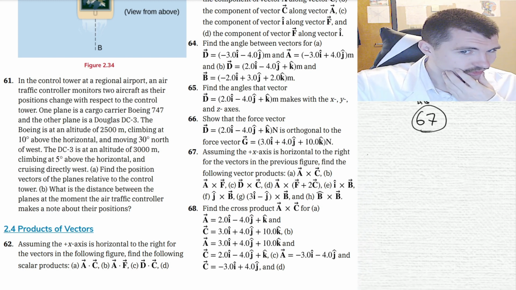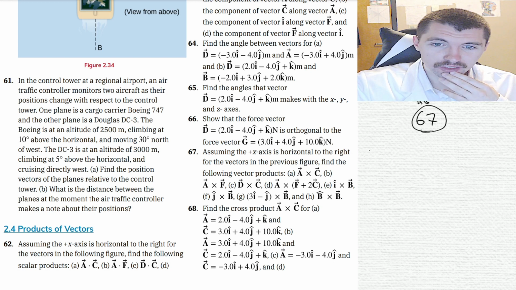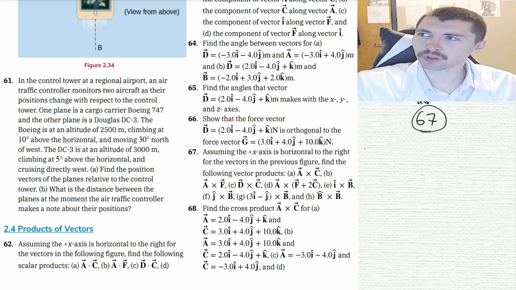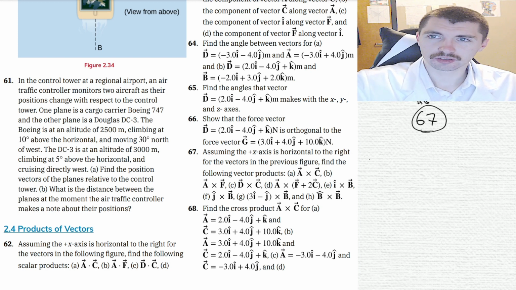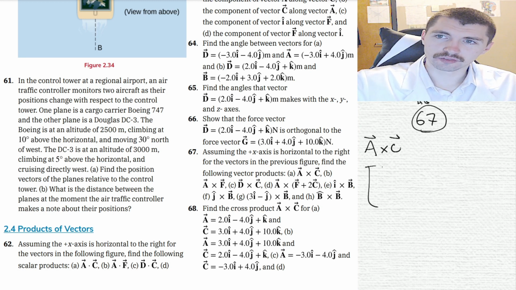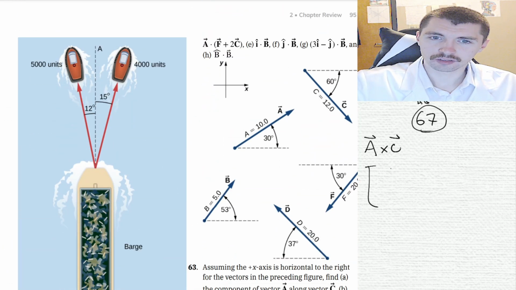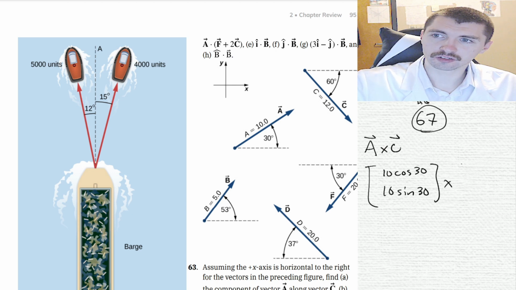Assuming the x-axis is horizontal to the right, find the vector products. Before I make a calculator, I'm going to show how this is done. So A cross C. We have to convert this into components. So that's 10 cosine 30, 10 sine 30, cross